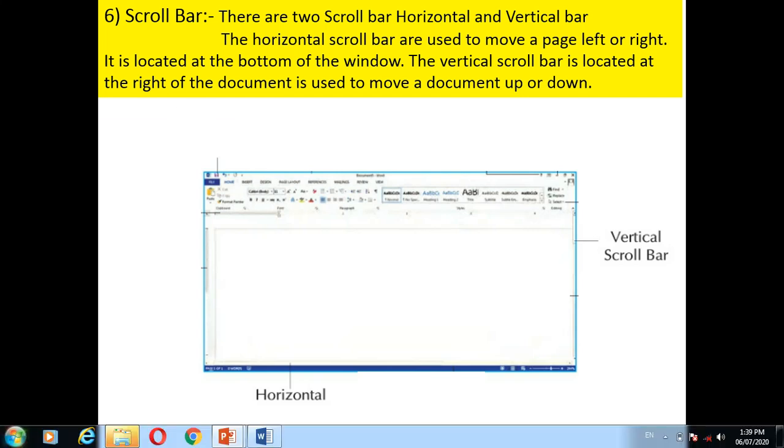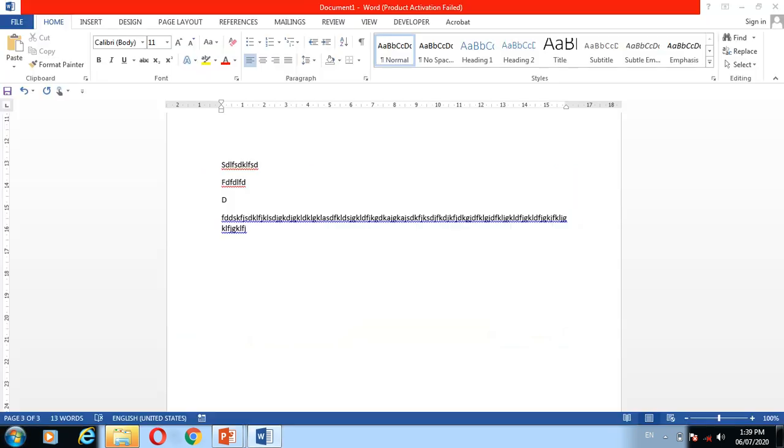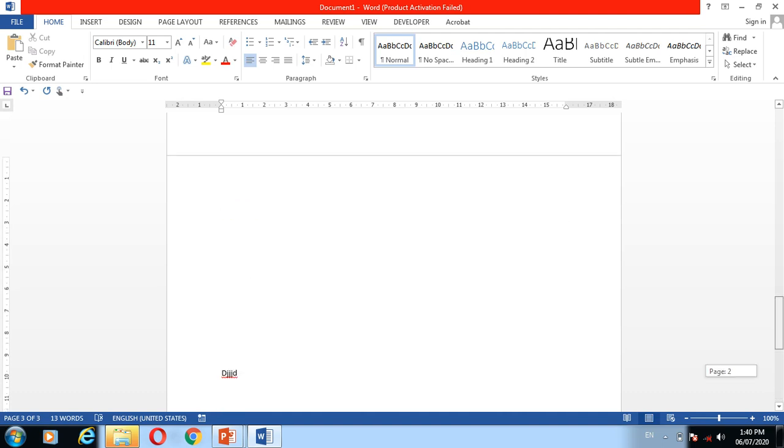I will show you. See, this is called the vertical scroll bar on the left side. With this vertical scroll bar, we can move the page up and down.